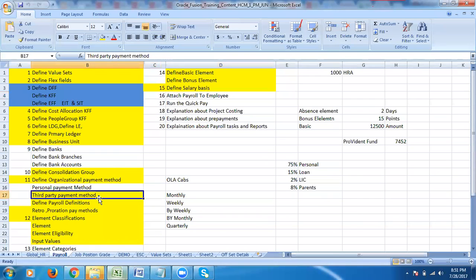Don't say third-party payment method, because that is a different process. Better to say that we worked with organization payment method and personal payment method, and defined payroll definitions and element quantification. This we have done. That's what we can say.